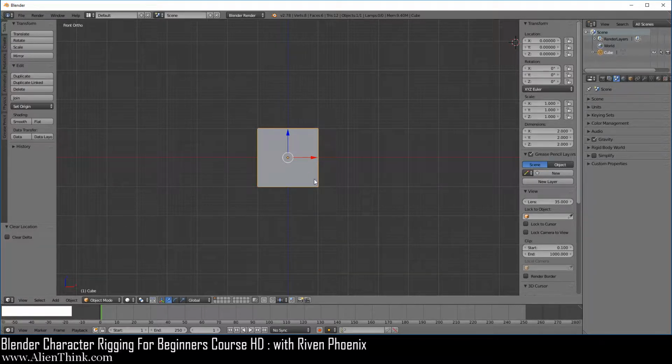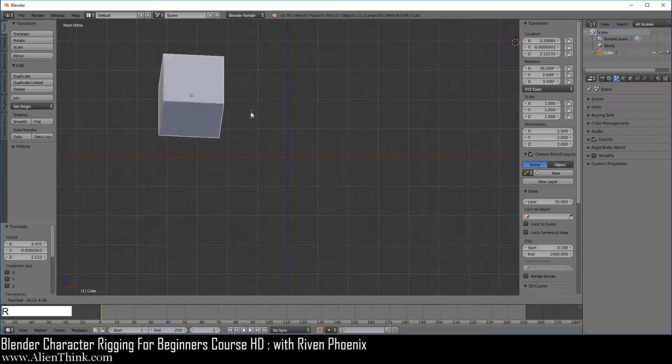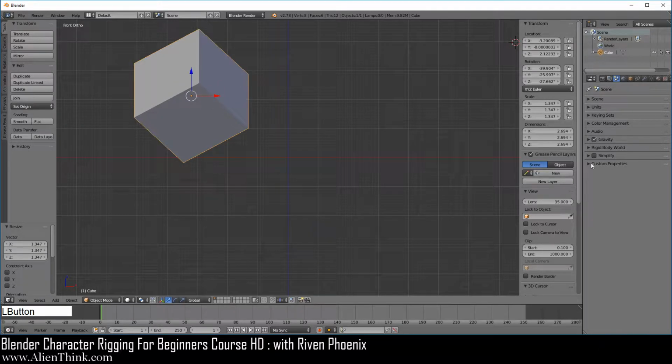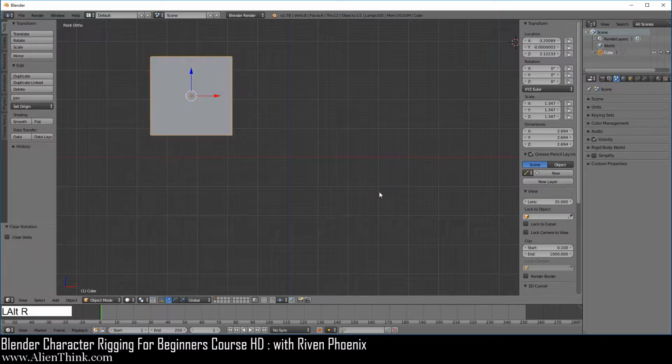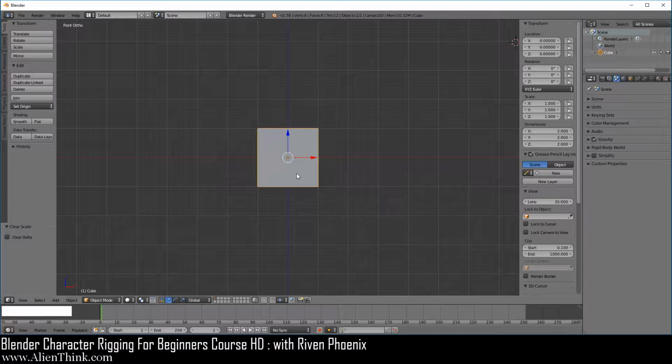Okay, so if you press the G key to move, press the R key to rotate, press the S key to scale, you'll notice that we've changed the location, rotation, and scale of this object from its starting location, which was at the center of the 3D grid. So when we do Alt R, G, S, that's what it's doing. It's resetting these numbers.